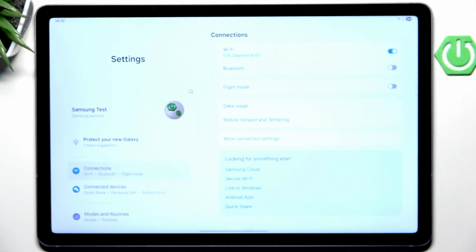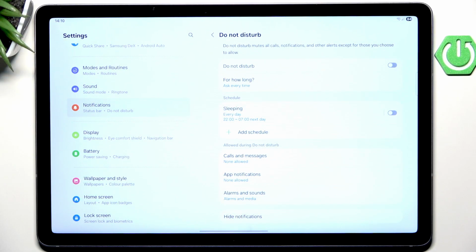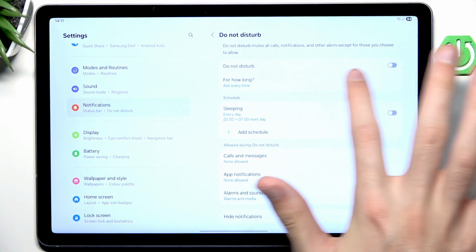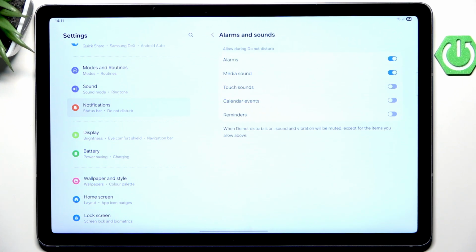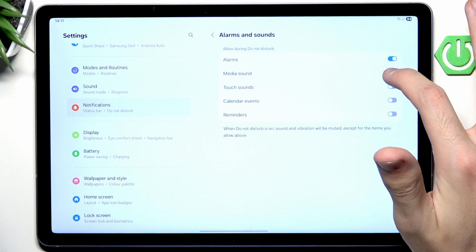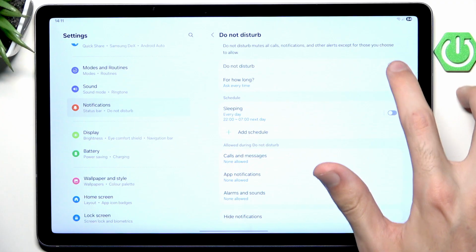Now, if you do have some troubles with your speaker not working, we can always head into our settings, enter notifications, do not disturb mode, and you will notice that if we have our do not disturb enabled, we do see that we have an option for alarms and sounds to not be allowed. So if that's the case, then when we have it enabled,